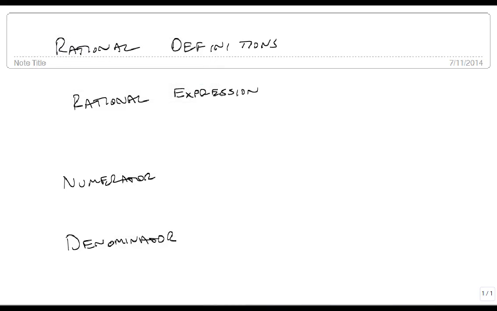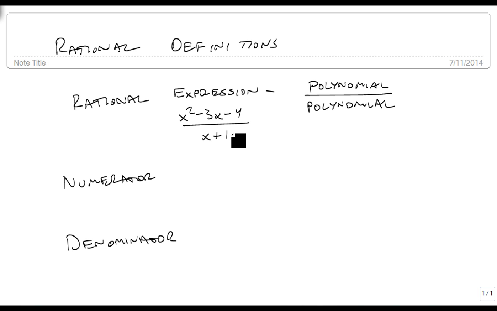We're now going to give some definitions for some terms that are used with rational expressions. And so we're going to start with rational expressions. A rational expression is any time we have a polynomial divided by a polynomial. So anytime we have a variable in the top and a variable in the bottom, we are dealing with a